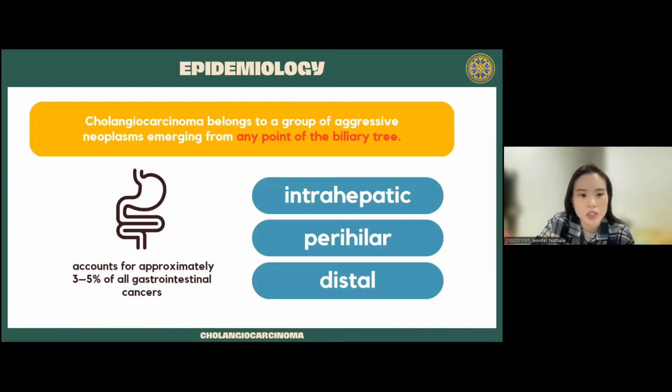These cancers also have different epidemiologies throughout the world because of differences in local risk factors and potential genetic predisposition. The incidence of cholangiocarcinoma also seems to be higher in some countries that are endemic to liver flukes, and this liver fluke is also the main cause of cholangiocarcinoma in Southeast Asia. In Indonesia, currently epidemiology data doesn't exist and little is known about cholangiocarcinoma. Thank you.